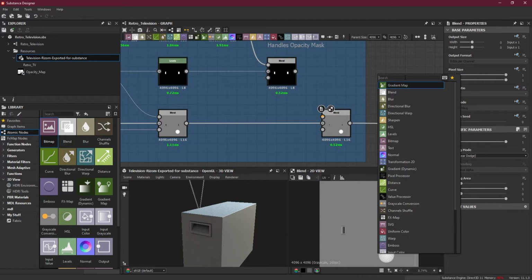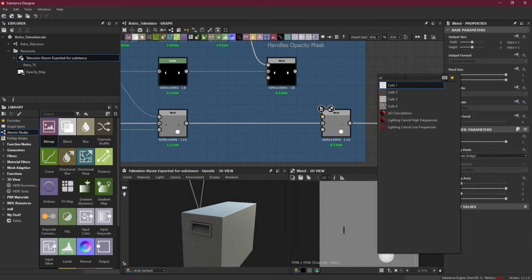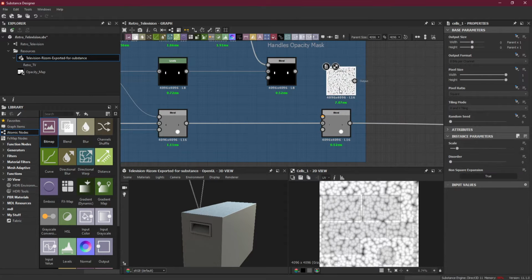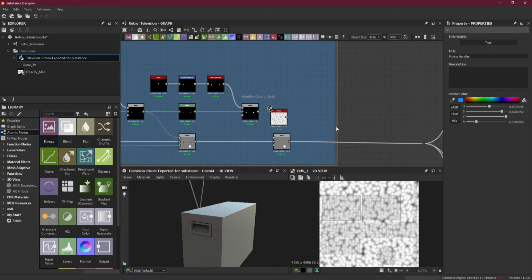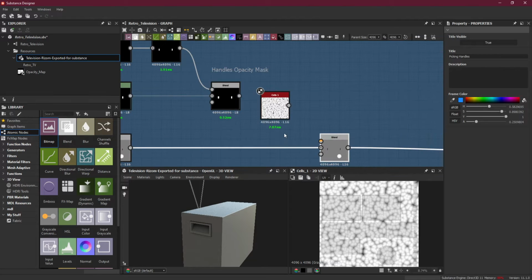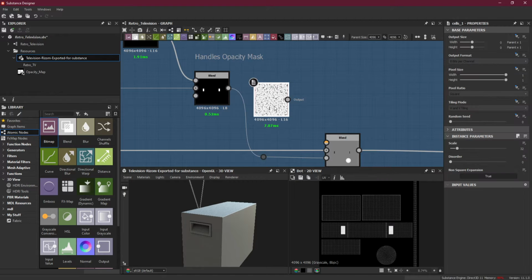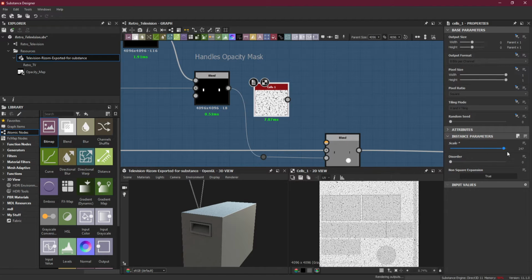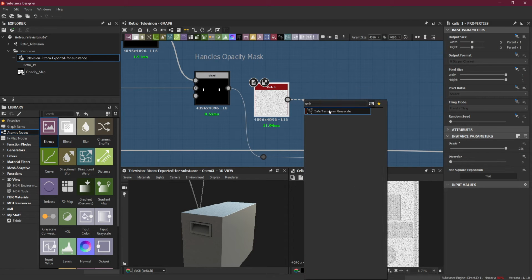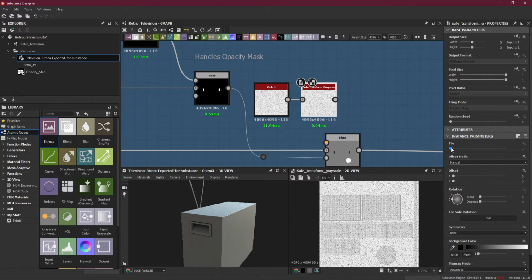Now in this lesson, if you remember, we created the handles map in the last lesson, the bump map. In this lesson I have removed that, and I'm just adding dents on it. So if you want to keep that, you can keep it. Otherwise, you can create small dents over it, so it looks like